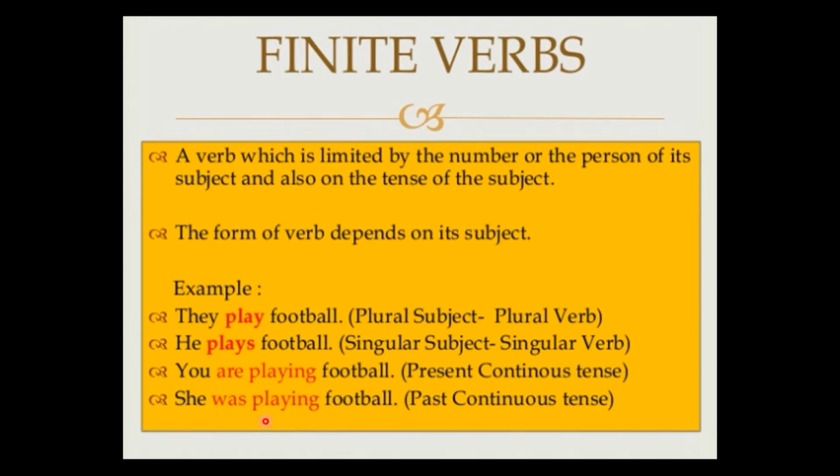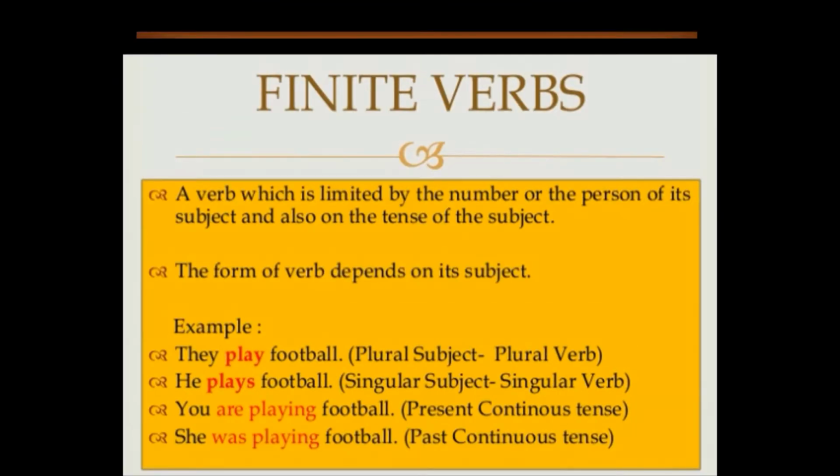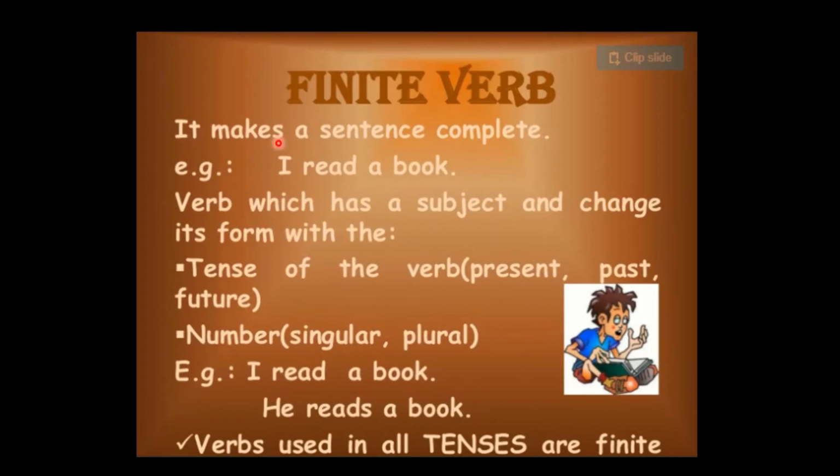So you see that finite verbs are basically the verbs which help a sentence to make tense. These are used only to make tense and they have no other function. So they are limited just to playing their function as a factor of changing the tense. They always change the tense. In other words, it makes a sentence complete. So you know that a finite verb makes a sentence complete, like I read a book. You cannot say I a book, right?